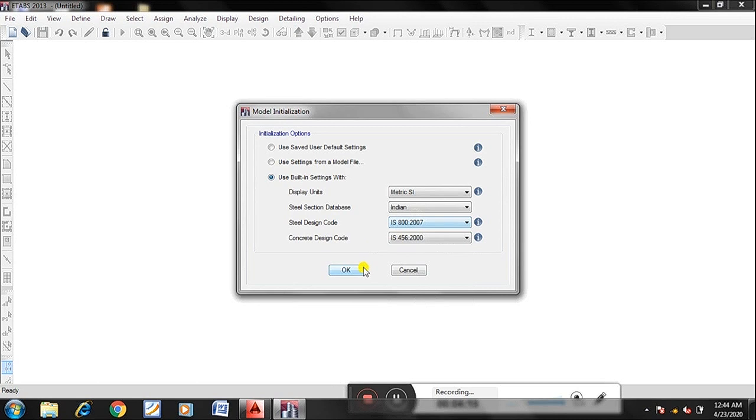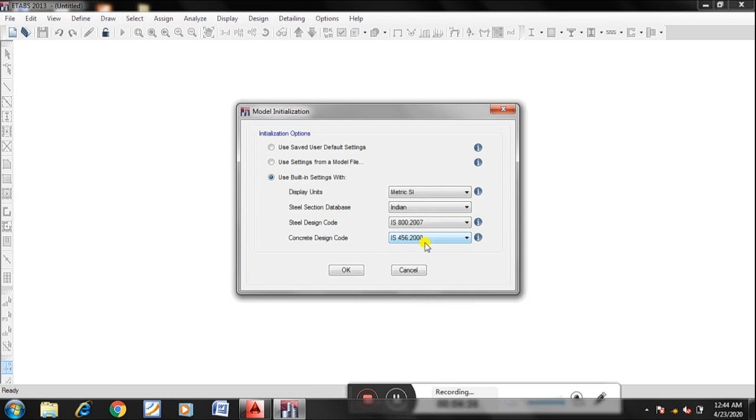If it is a steel structure, I'll be using IS 800 2007, and if it is RC design, IS 456 2000. Another revision will come, actually IS 456 2016 must come as of now, but we are not getting that code.